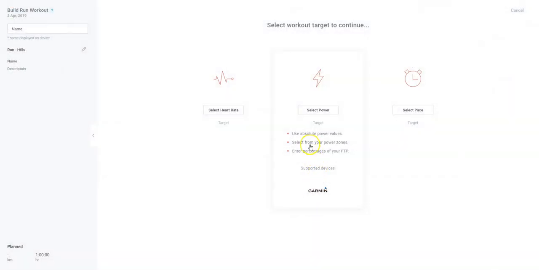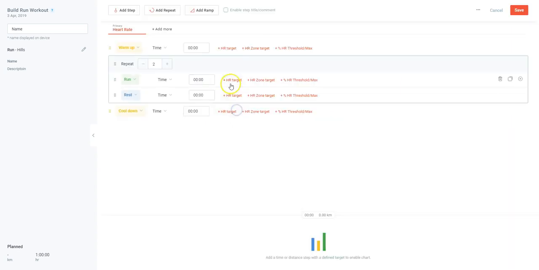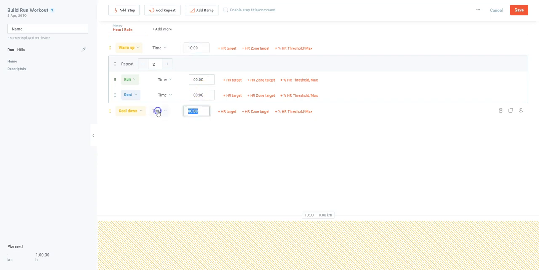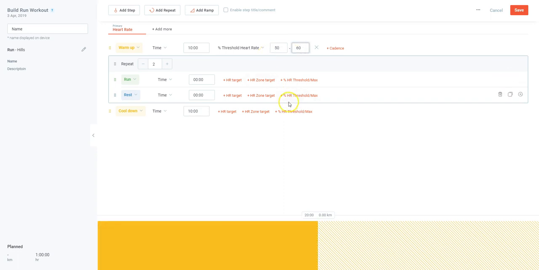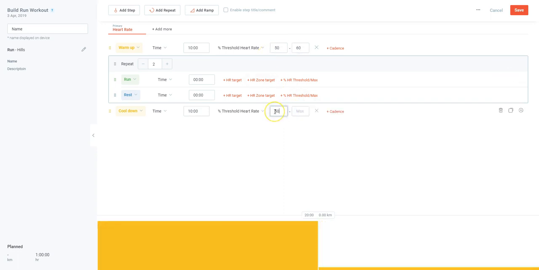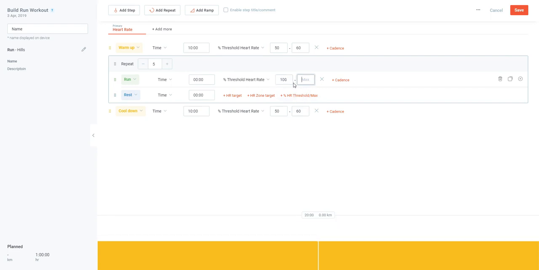So let's just say this was going to be a heart rate workout. So I could click heart rate. I could then create this workout here, and put some heart rate values in. So I'll just do a threshold value. Let's say warm up is 50 to 60%, cool down at 50 to 60%, and maybe we're doing some hill repeats here, and you're going to get up to like 100% of your threshold, 105% of your threshold with some downhill recovery jogs. So once I save this workout to my library,